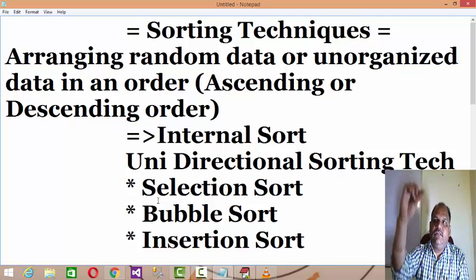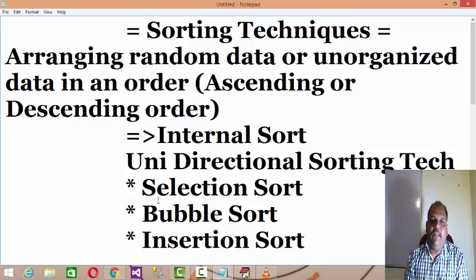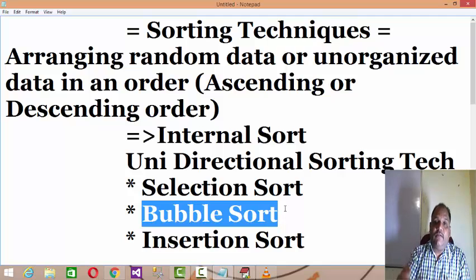I'll iterate again. Selection sort means you select the position, and in that position the lowest element needs to appear, and then change the position. First the position will be 0, then 1, then 2, and if you put the lowest element in those positions, that is selection: you select the data and sort it over here. In the case of bubble sort, you start from the bottom, compare the adjacent elements and swap them until the lowest element reaches the top. This is the mechanism behind bubble sort.